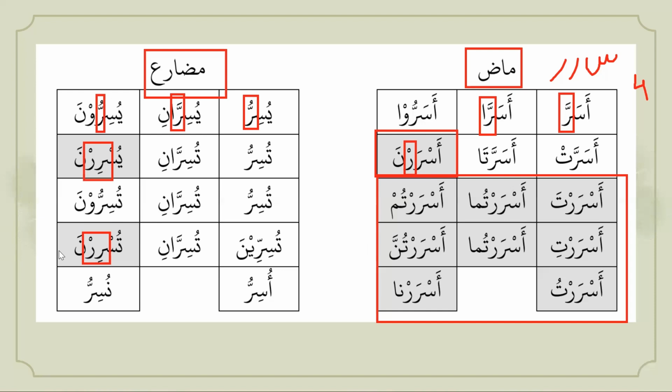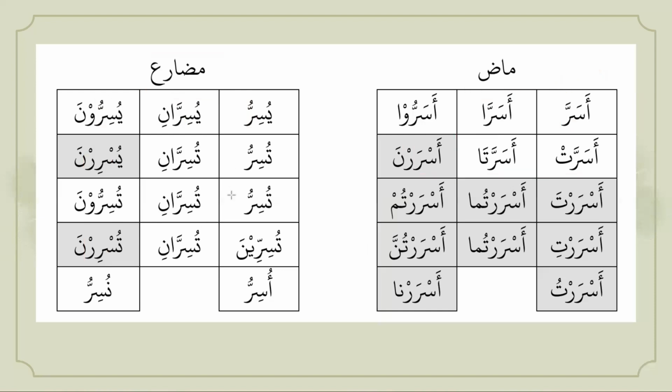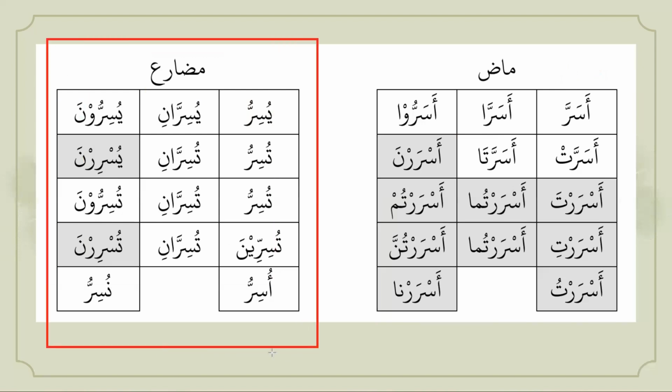Okay, so one thing I would like to do at this slide also is that since you have this Mudare chart in front of you, let me tell you one thing. Remember in previous lesson 70, you learned in Sarf Kabeer that there are three versions of commanding and forbidding. So if you take the Tusirru Anta form and make it Majzoom, it would be Tusirra, Tusirri, and Tusrir. And then you are going to drop the